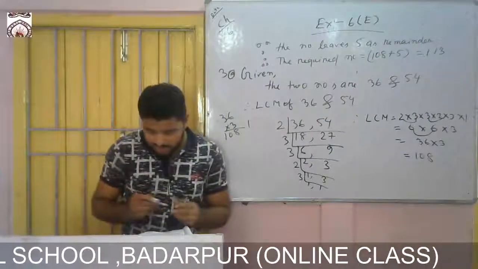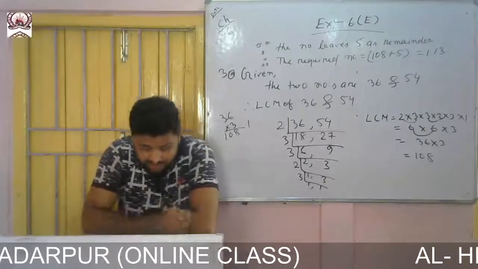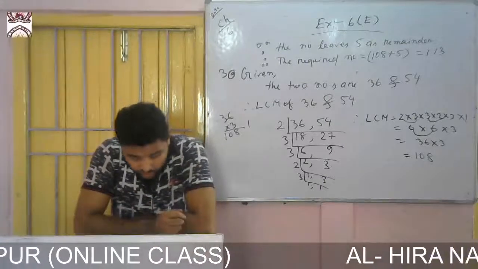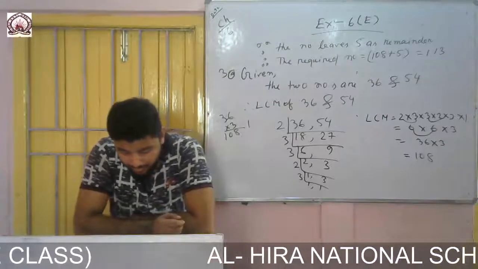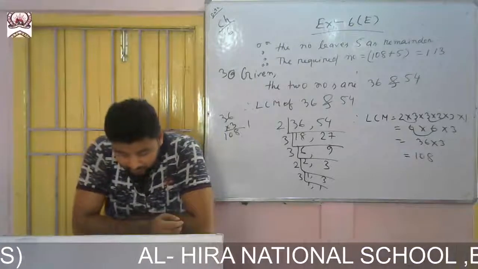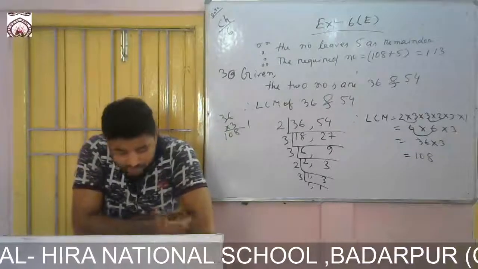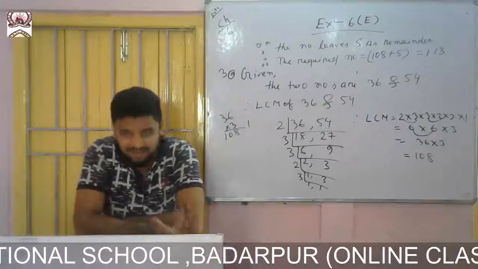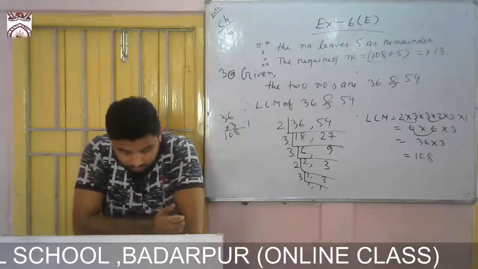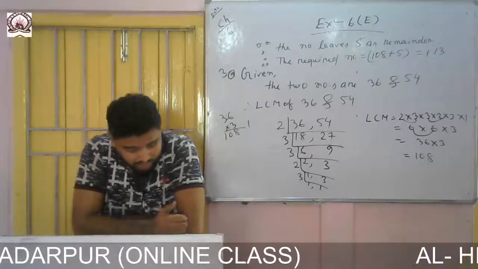Now come to 3b. Let me see what is there. Find the smallest number which when reduced by 2 becomes divisible by 24, 48 and 64. So it is also the same, reduced by 2 means it leaves a remainder. So you can practice this one.